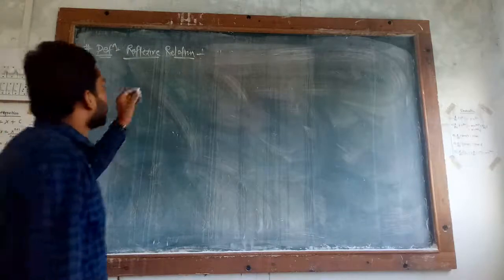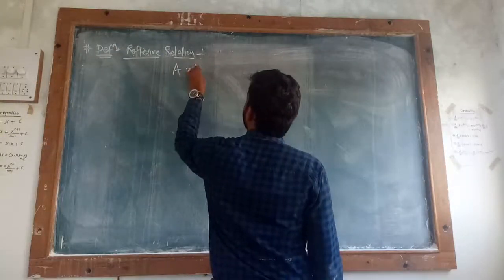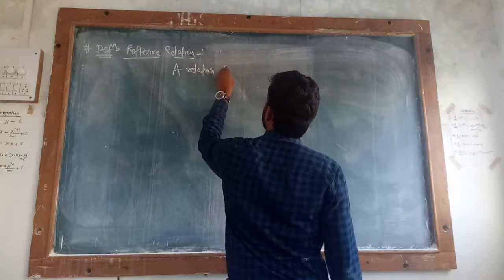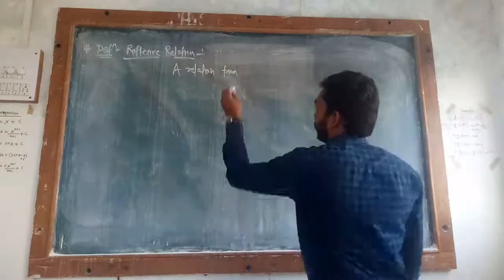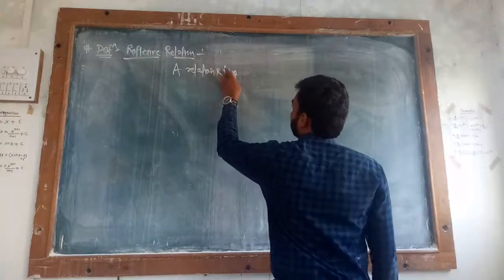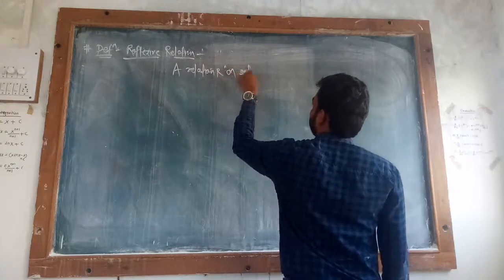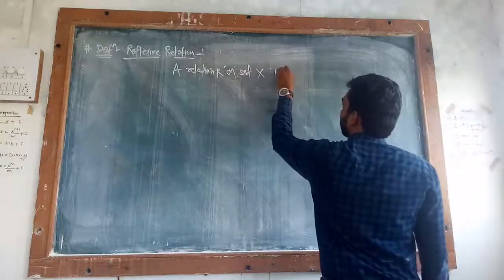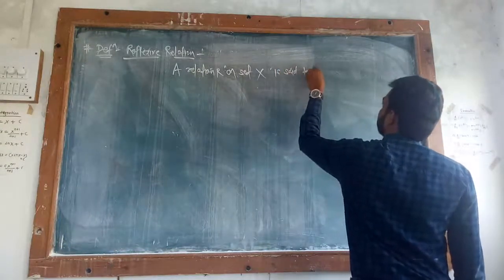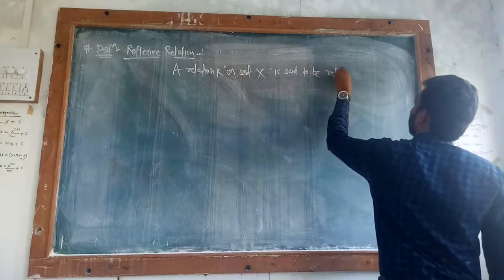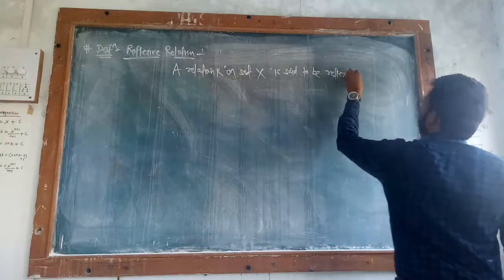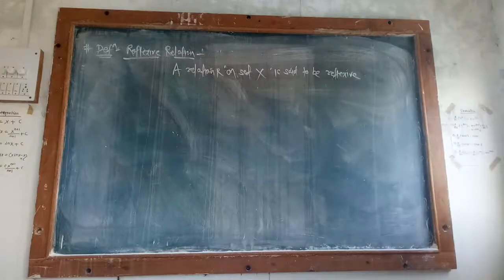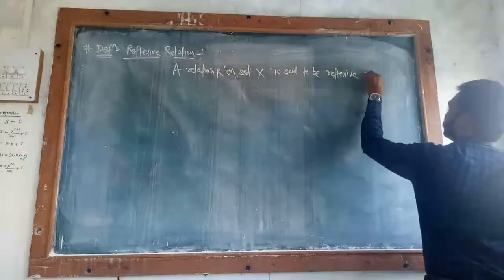What do you mean by a reflexive relation? It is so easy. A relation R on set X is said to be a reflexive relation